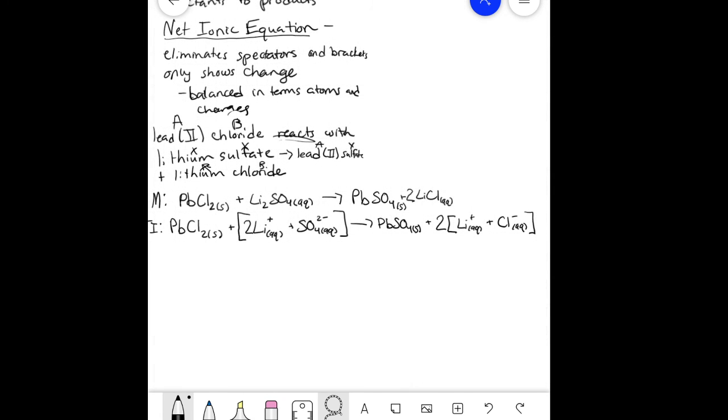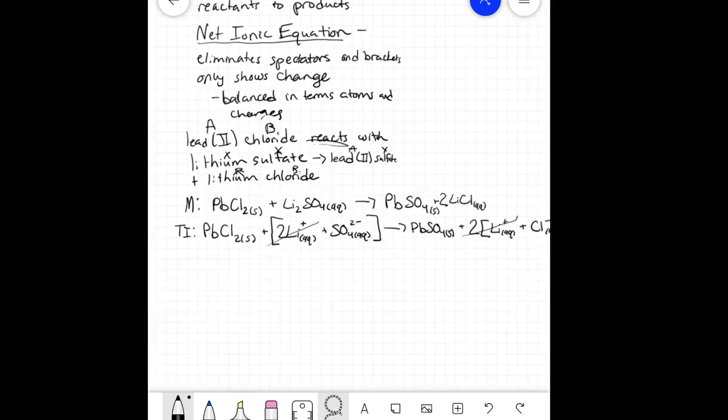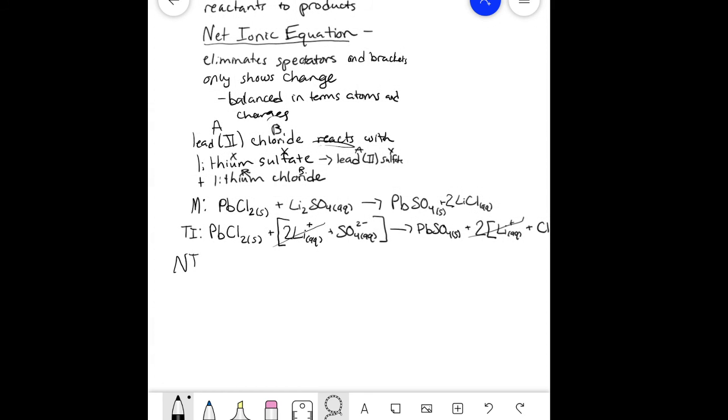So now we have to do the net, but we have to look for spectator ions. Those are going to be ones that look exactly the same on both sides. So as we can see, these lithiums, it's just 2 plus lithium, 2 plus lithium. Here, they're the same. Nothing has changed with them, so you can cross those out. And also, that's it. Everything else is combining, doing something. So for our net ionic, it would be